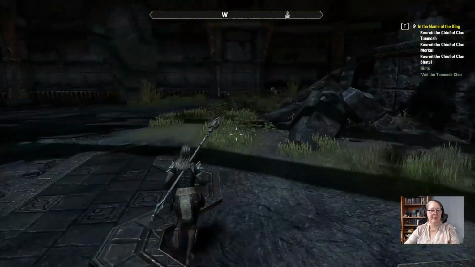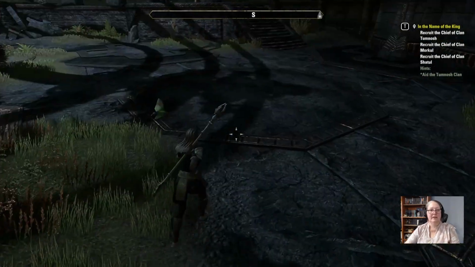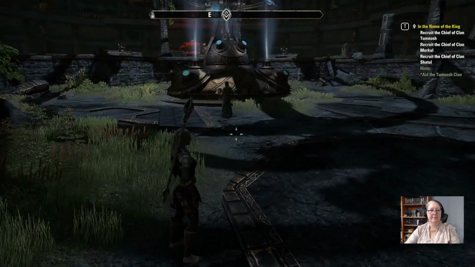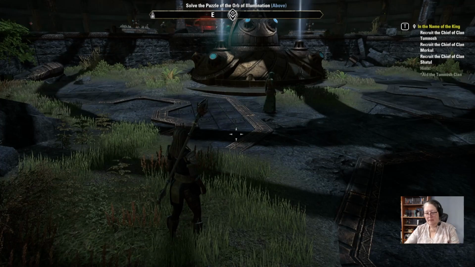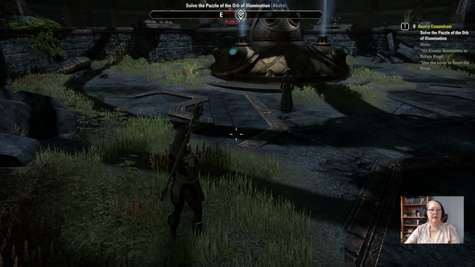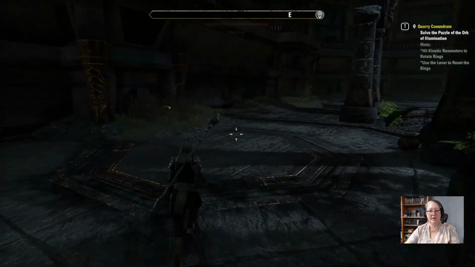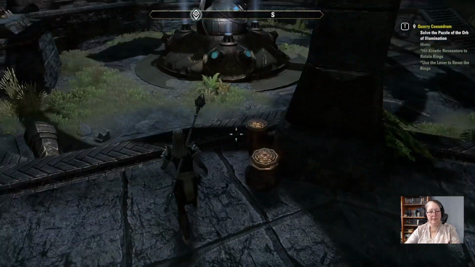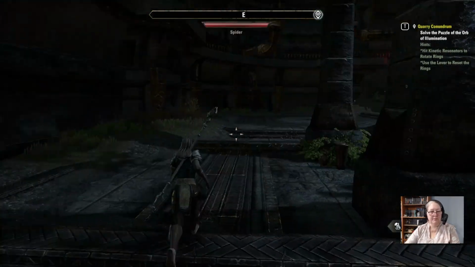This is Velithia in the Orsinium Challenge, where we are trying to... I know, what are we doing? We are trying, there we go, to solve the puzzle, trying to finish the Kingmaker Achievement for Orsinium in order to,